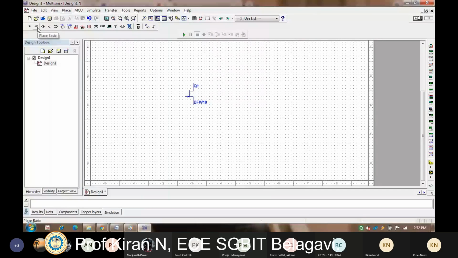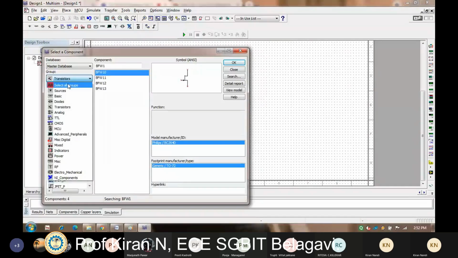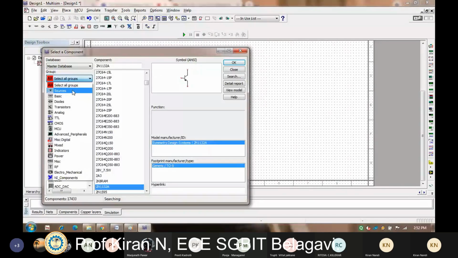So here we'll go for some basic components which are there. You can click here and see some resistors are available. Once you click here, you can see there is an option called resistor. I'll click on it. What is the value of the resistor I need? I need 1 mega ohm. So I'll type here 1 mega.